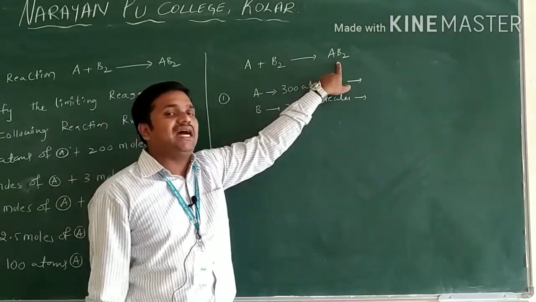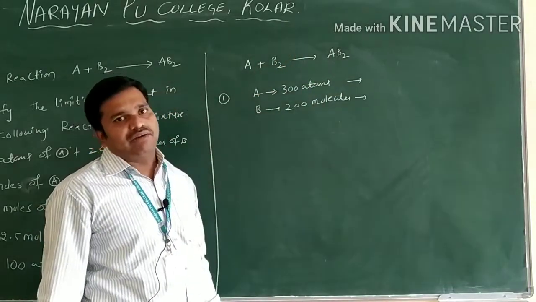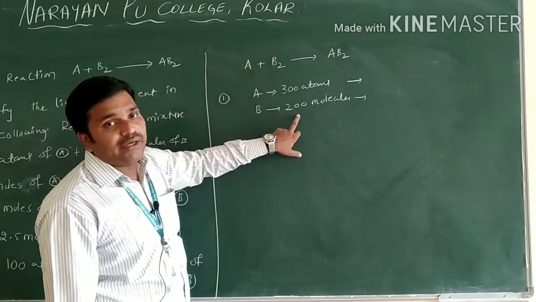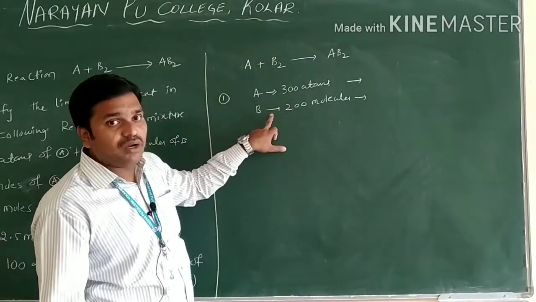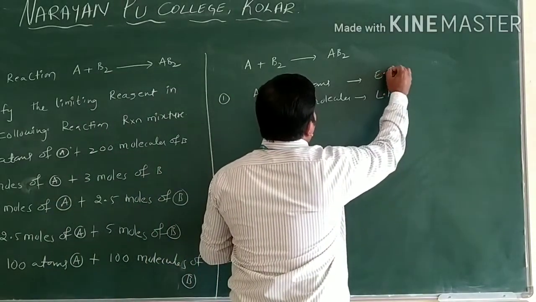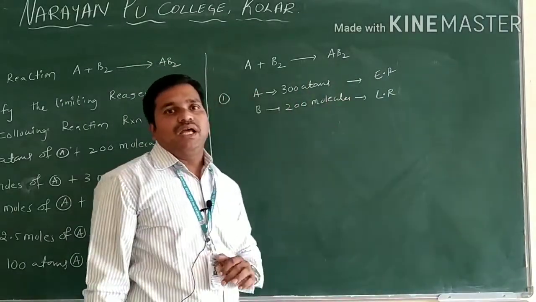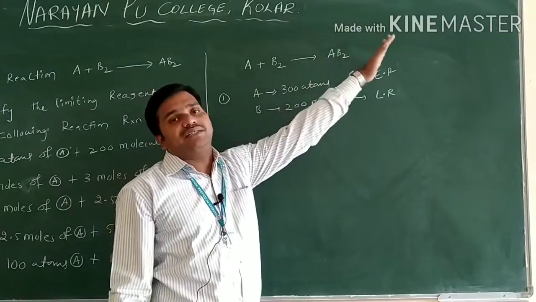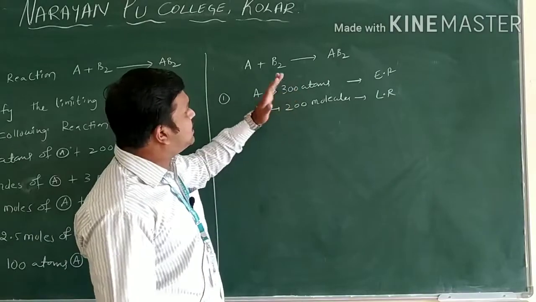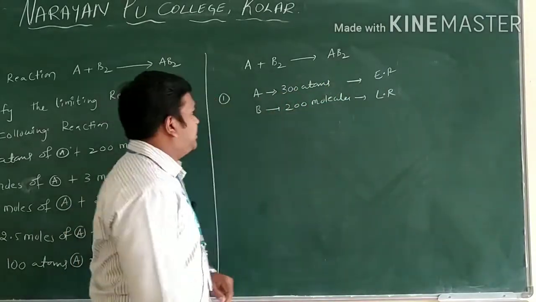You leave aside whether it is an atom or molecule, because B is in the form of molecules only, as they give. So here A 300, B 200, which is least? The least number of moles is B. So B is said to be the limiting reagent. A is said to be the excess reagent. Why? Here they gave different values only. If the number of molecules is also asked, then you can identify from the balanced equation. Here you can see simply: which is the least value, that is the limiting reagent, and which is the highest value, that is the excess reagent only.